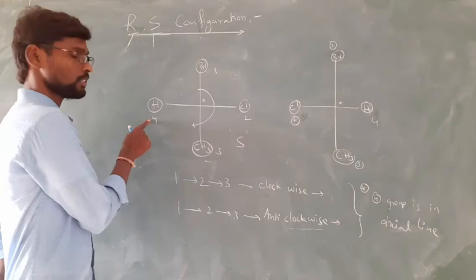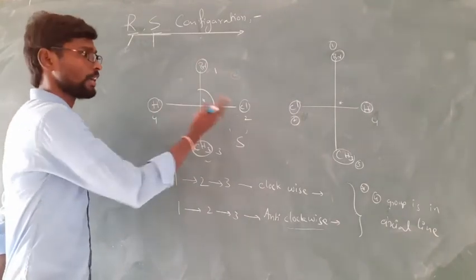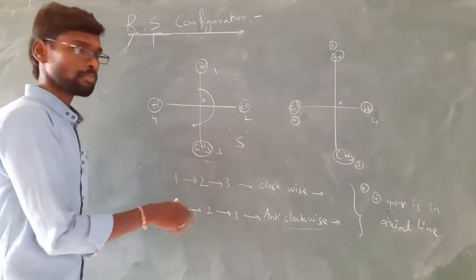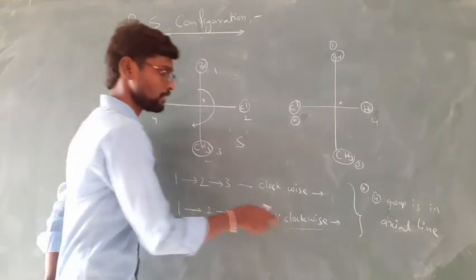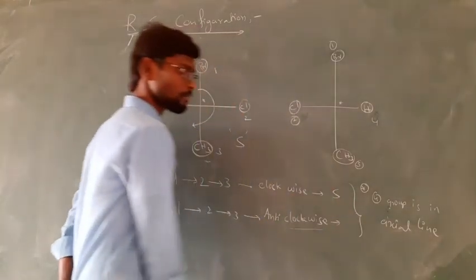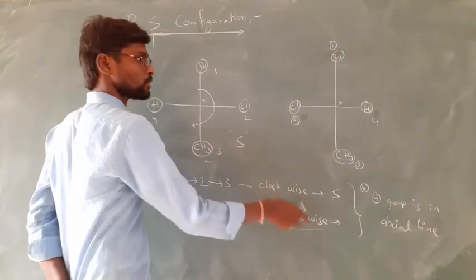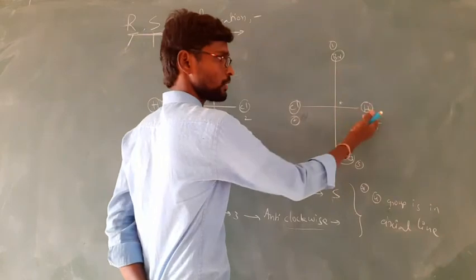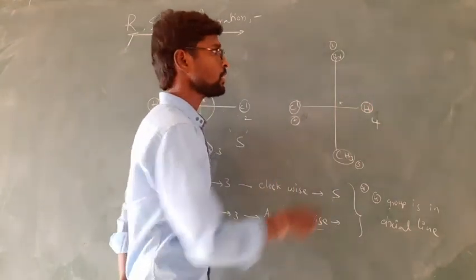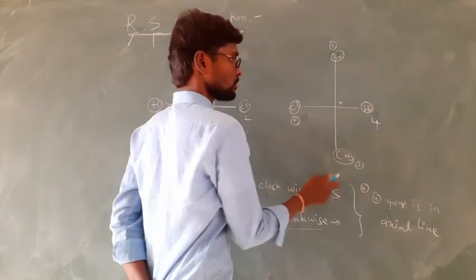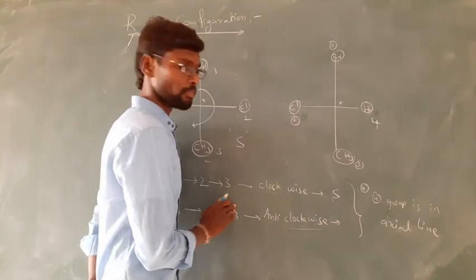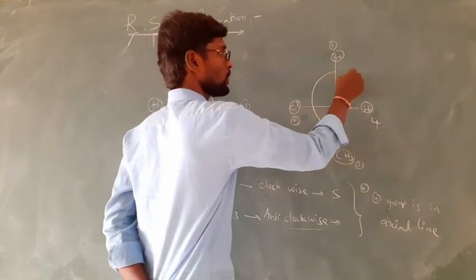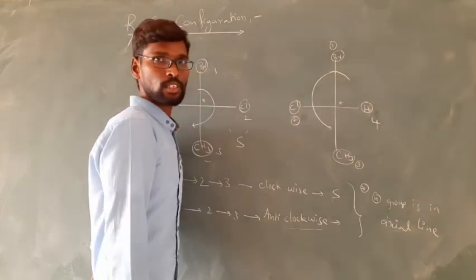because hydrogen is here on the left side or right side. If it is on the left side or right side, then we have to go with the reverse. That means if it is clockwise, then we have to give S. Right, now here also, when the hydrogen is on the right side or left side direction, then go with these rules. Now what happens? 1, 2, 3 is in an anti-clockwise direction.